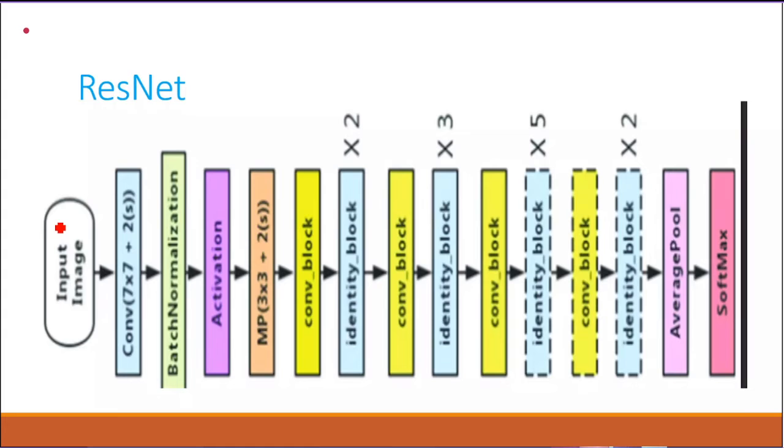So next, the ResNet architecture. In the ResNet architecture, first you are going to apply convolution, and then batch normalization and activation. In ResNet we have a combination of convolutions and maximum pooling, applied with the help of batch normalization, and average pooling we are going to apply. We can get a softmax, and the strides value will be 2, and here it will be 3 and 5.